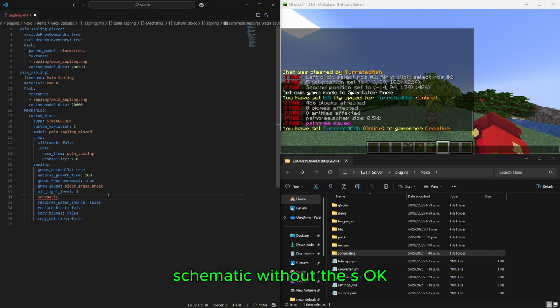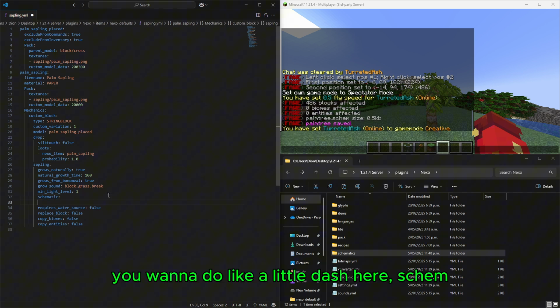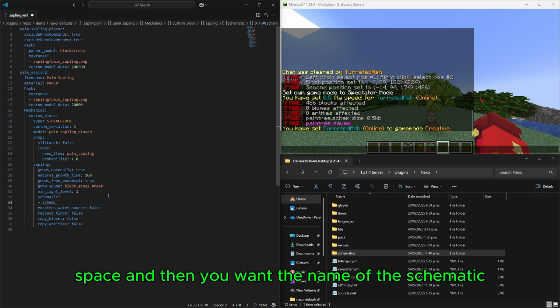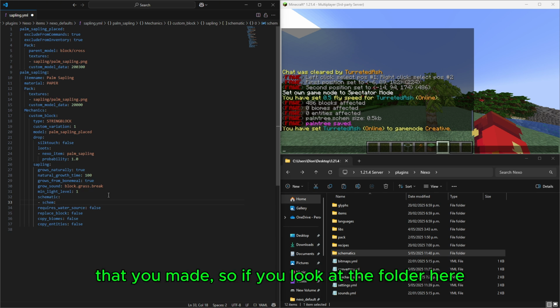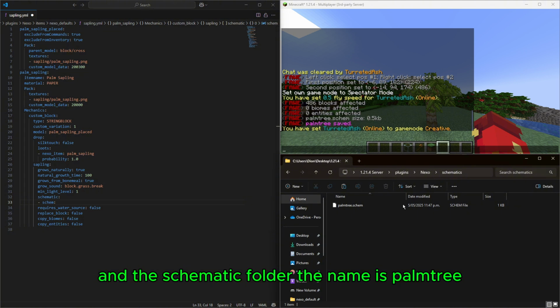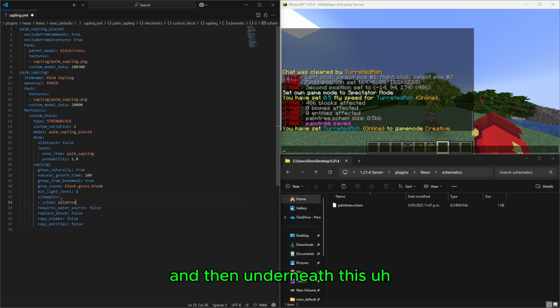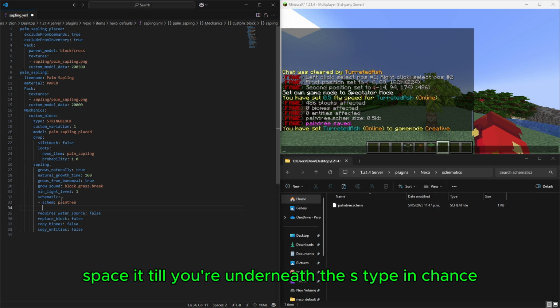Without the S, okay? Then underneath that, you want to do a little dash here, skim, space, and then you want the name of the schematic you made. So if you look at the folder here, in the schematics folder, the name is palm tree. So here you want to type in palm tree, and then underneath this, space it till you're underneath the S,